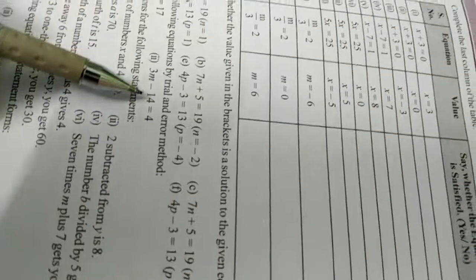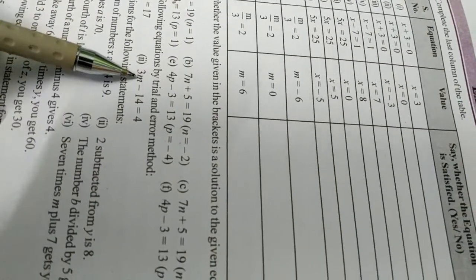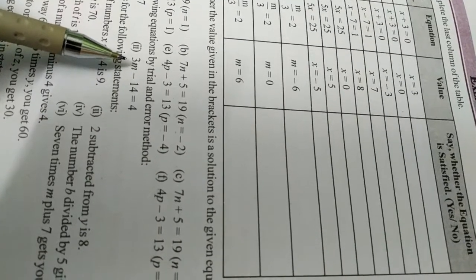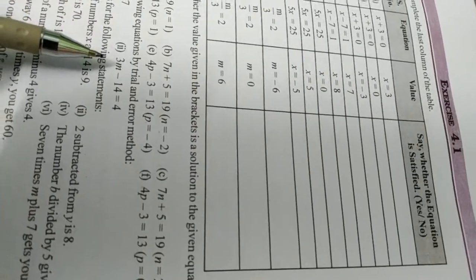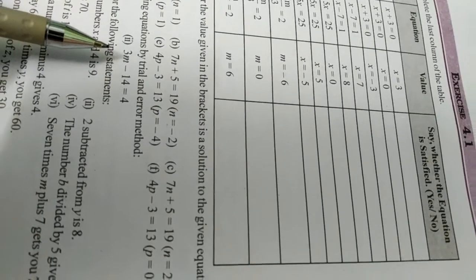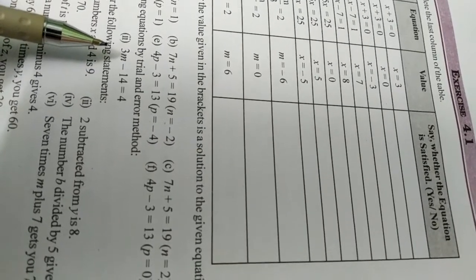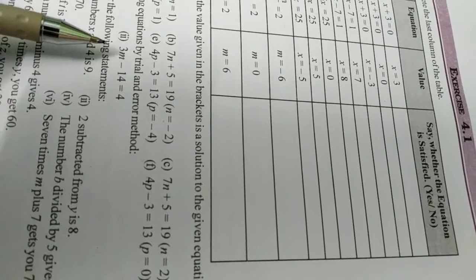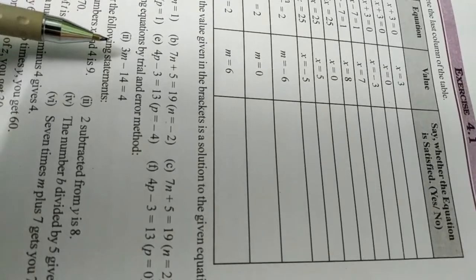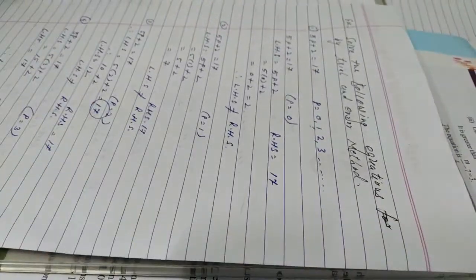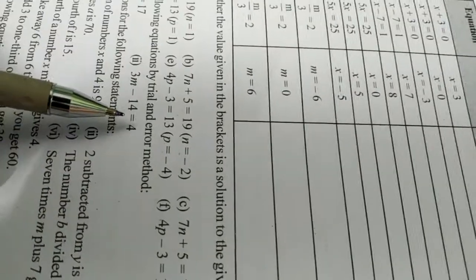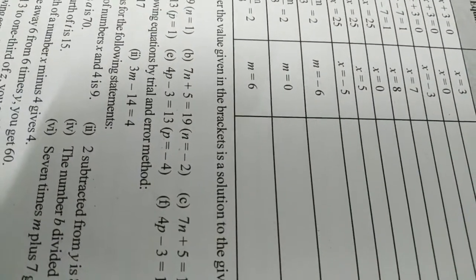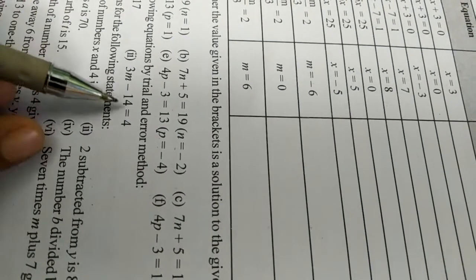See in the next one, 3m minus 14 is equal to 4. So here what is the variable? M. So for that also we have to consider the same different values like 0, 1, 2, 3, 4 and try to find out one after one for each. Understood? If suppose we did not get it, here we got it at p is equal to 3, but if maybe you will not get 4 at m is equal to 0, 1, 2, 3, then you may continue like 4, 5, 6 and so on and try to find out when we get the equation. Got it? So second is your homework.